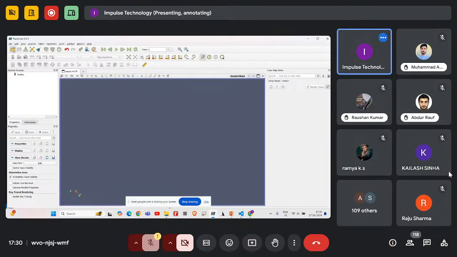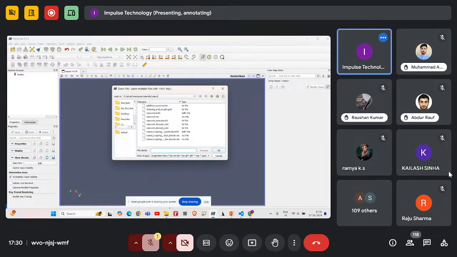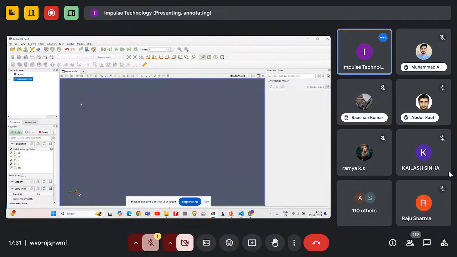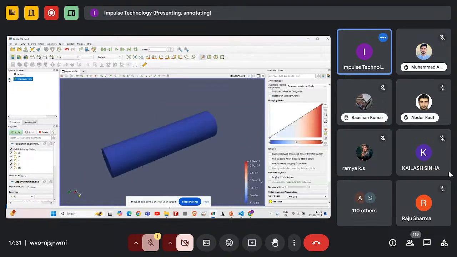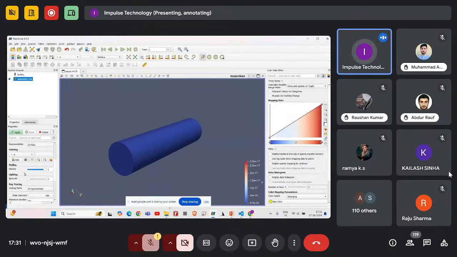Go to File, then open the nanowire file. It creates the nanowire, and if you analyze through it,